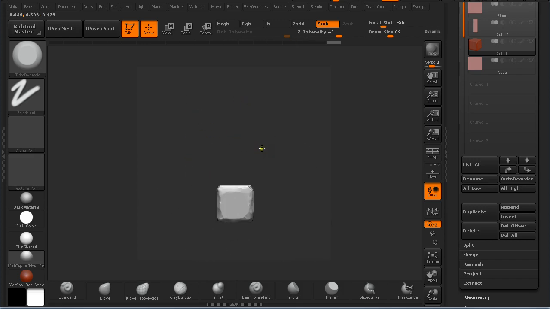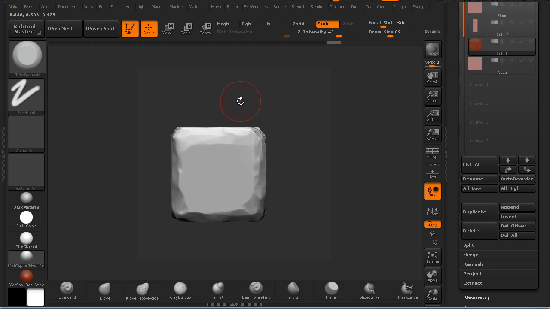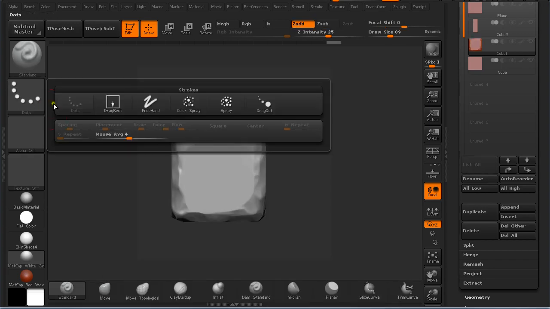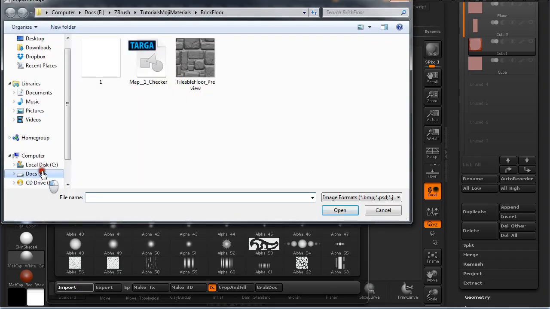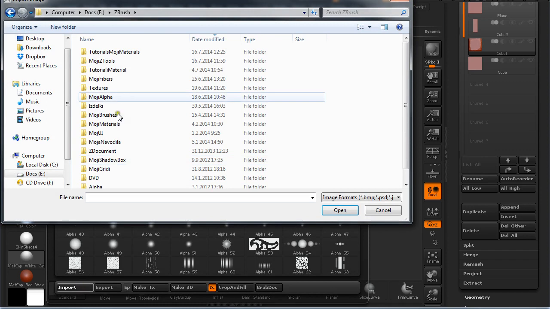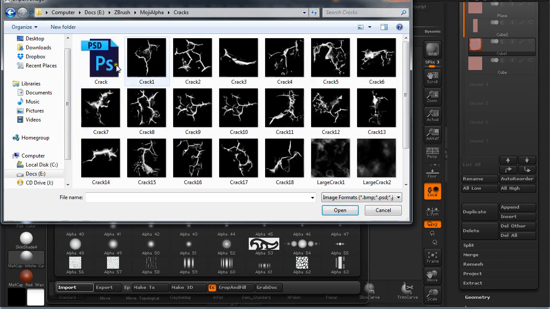So now we're going to use standard brush by pressing B, S, T and click on drag rectangular, and under alpha we're going to import some alphas that I created and also got from the internet. So these crack brushes or alphas you can get by typing brush crack Photoshop into your web browser, and you can download them from the web for free. And these two are created by myself, and check out the tutorial where I show how you can create such